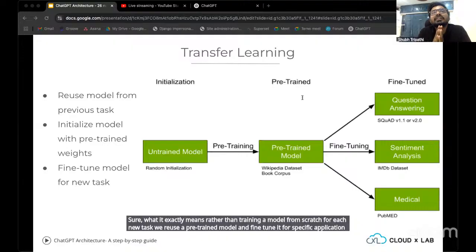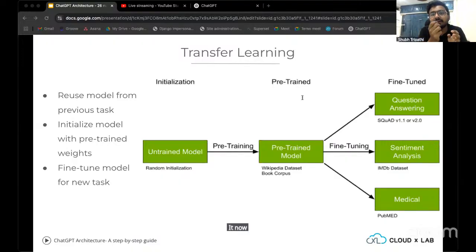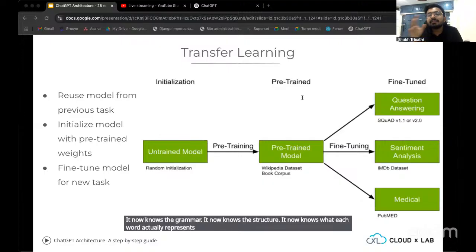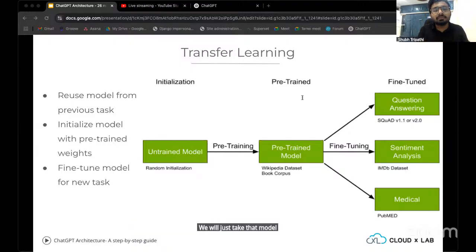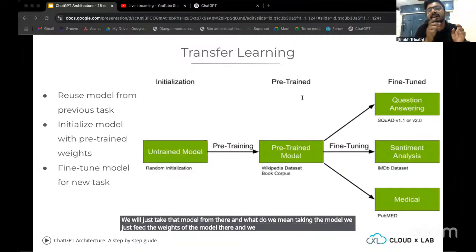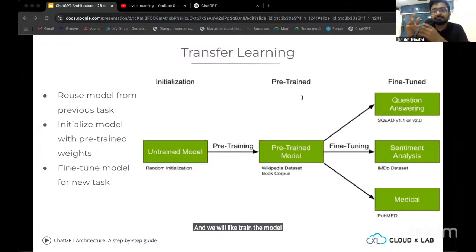The model which we train to understand the structure of the language now knows the language. It now knows the grammar. It now knows the structure. It now knows what each word actually represents. Now we can take this model and fine tune it for a specific application. Suppose we need to prepare it for question answering, we will just take that model. What do we mean by taking the model? We just take the weights of the model, and then we prepare a dataset on Q&A, and we train the model further